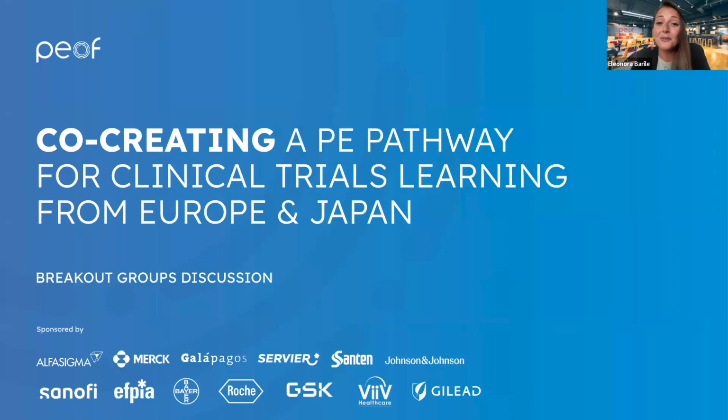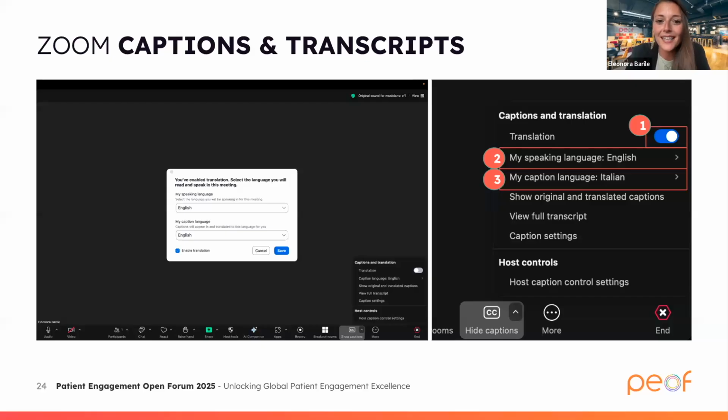For that, please make sure to select the correct speaking language on your Zoom captions. These will help you with subtitles. On the bottom of your screen, you have the captions option. Please activate translation and select your speaking language, which may be either English or Japanese, or if you're speaking any other language, feel free to test the tool. And then your caption language: what is the language you want to receive translation into? Why? Because this is the only tool that works in breakout rooms. So you're not going to have the full chat as you had in the main plenary, but we still have captions to leverage. And our speakers and our support can help you in case you're struggling with that.